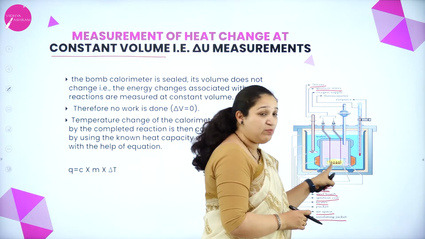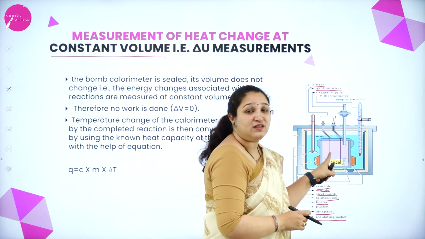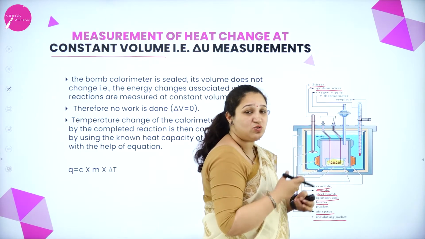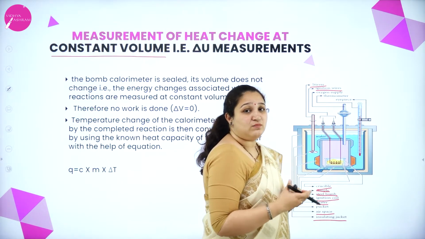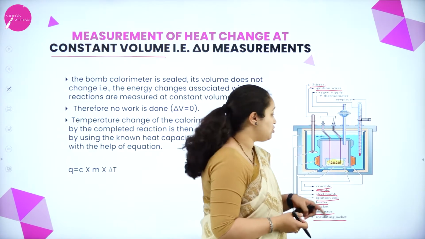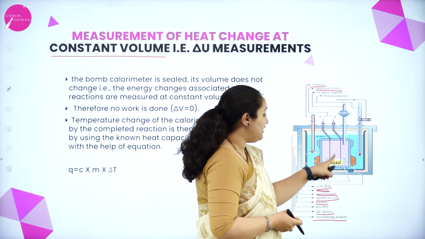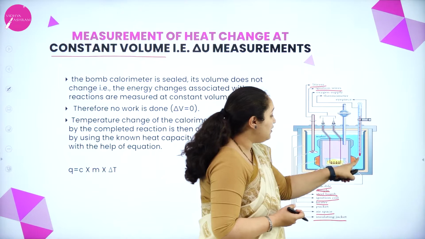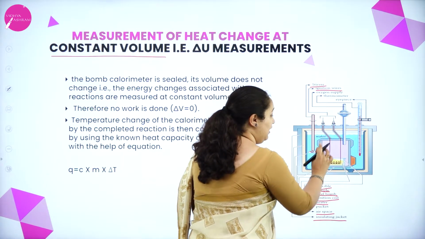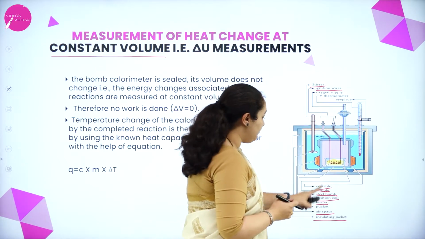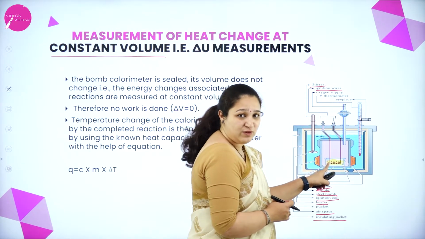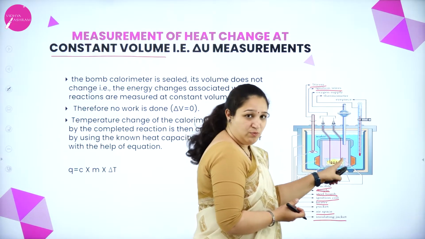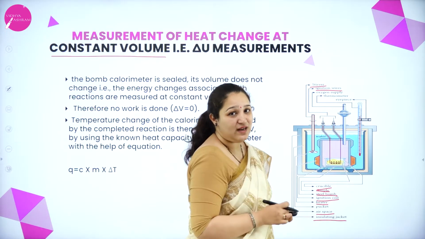Oxygen is also there inside the bomb calorimeter at 30 atmospheric pressure. Along with the combustible substance we also have oxygen, because oxygen is required for combustion, isn't it? It is a supporter of combustion. So oxygen is there, the sample, then the ignition coil or wires through which you can ignite it, and also a thermometer. We have a steel bomb, a heavy duty cylinder. Inside that we have a crucible in which the sample of known mass is kept, and inside the bomb there is also oxygen gas at 30 atmospheric pressure.